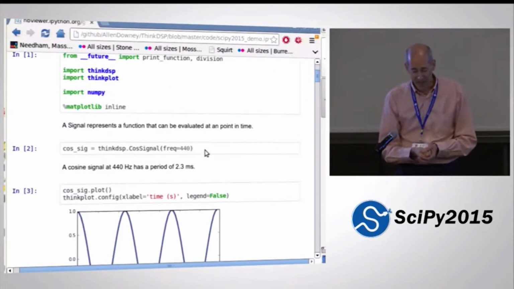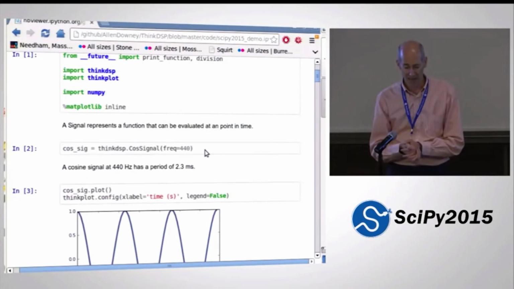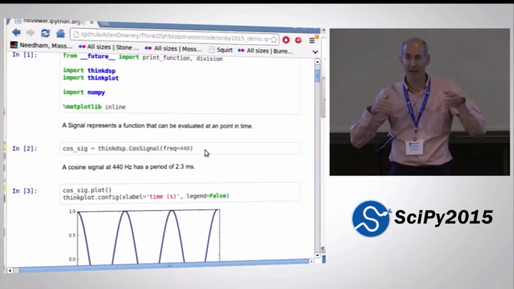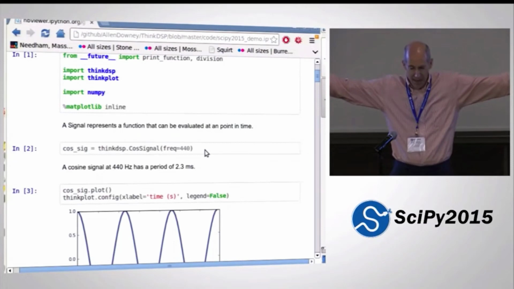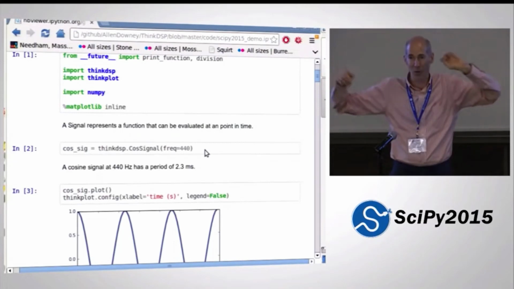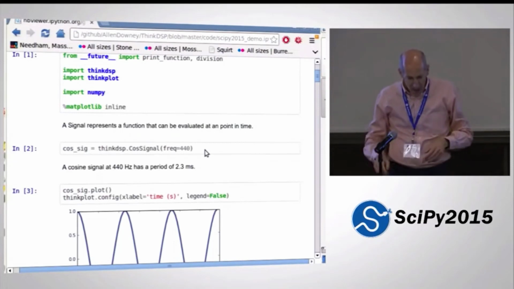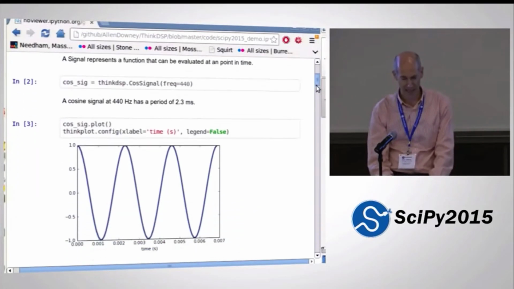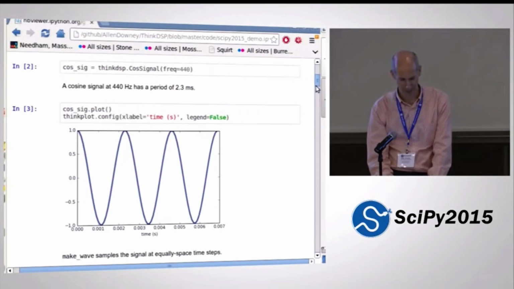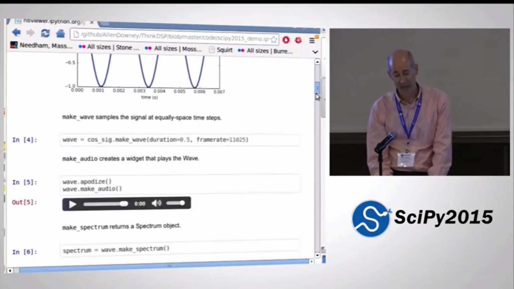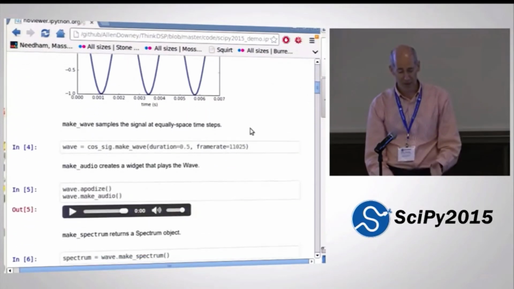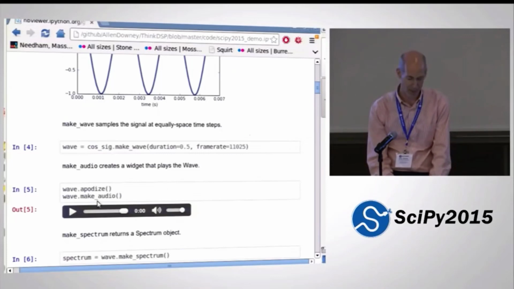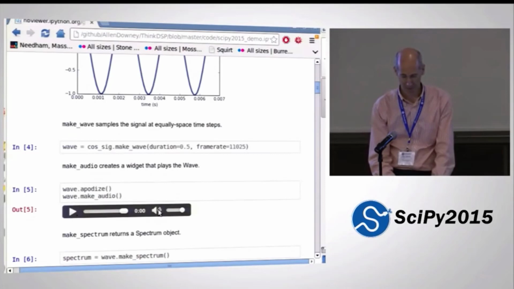So the first example there, I'm just going to load up a cosine signal. Again, that's just a mathematical thing, so that's defined for all time. And it's 440 hertz, which is A4. That's tuning concert A. I'm then going to make a plot so you can see what the waveform looks like, and it's a sinusoid. It's a cosine. And make wave is now discrete. And now that it's discrete, you can play it, so we can hear what that sounds like. It sounds like a sine wave. And if you've got perfect pitch, you instantly recognize that as concert A.